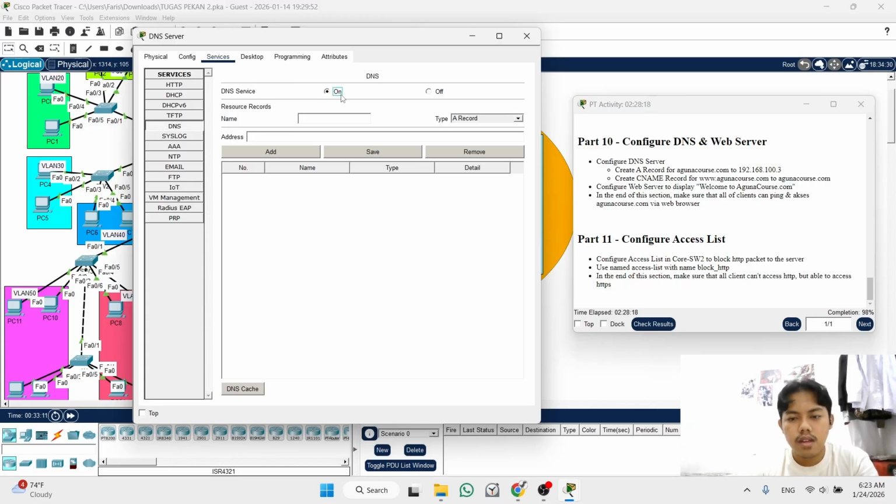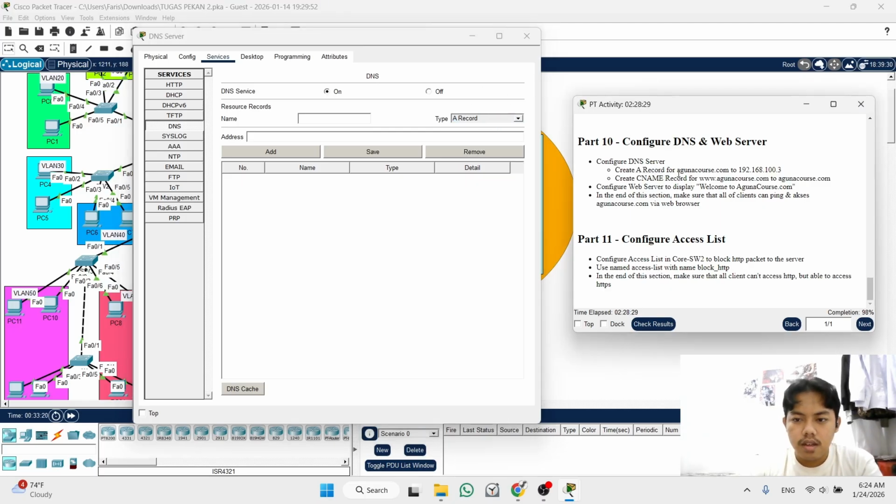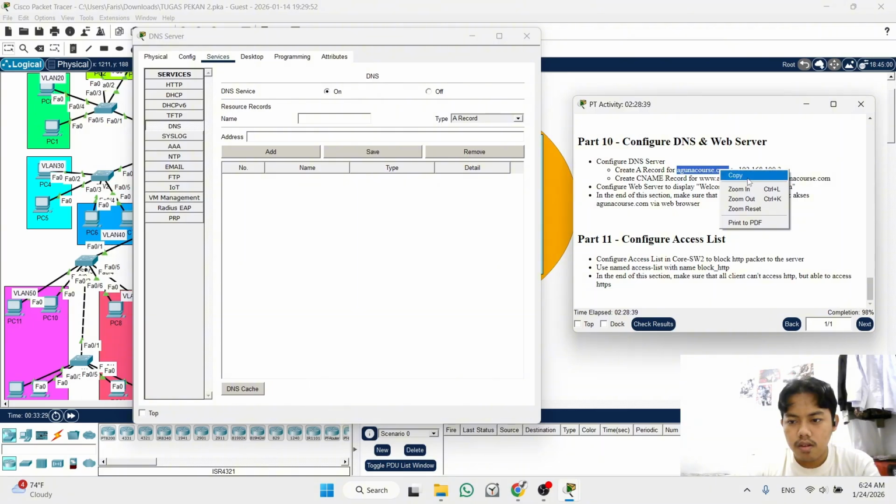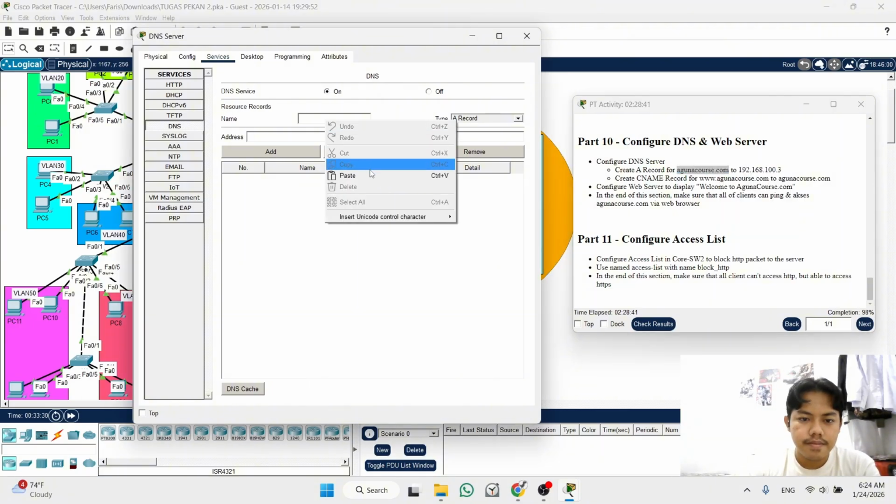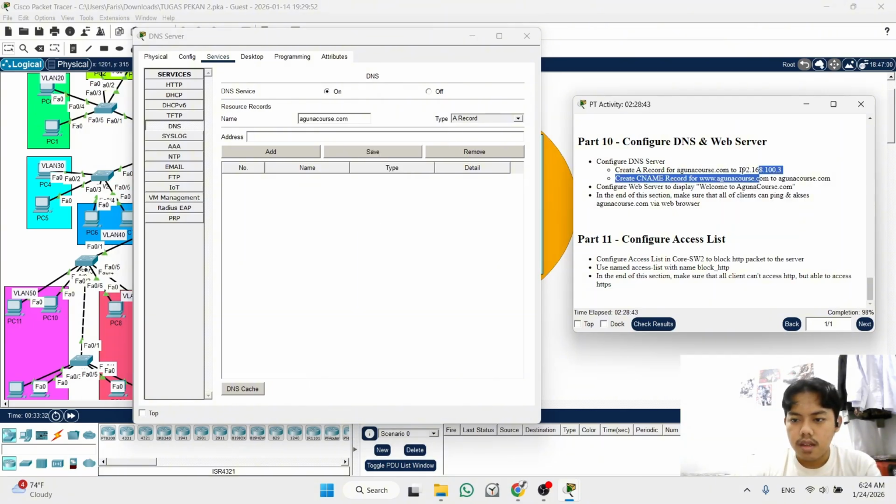After that, for the first task, the type is A record, and then the name is agunacourse. You can just copy it, copy and then paste. And this one you can copy too.